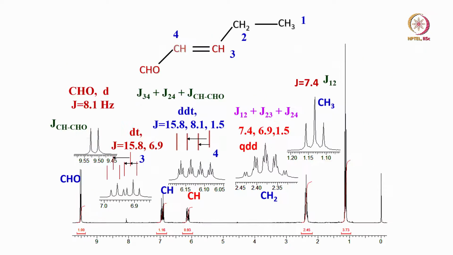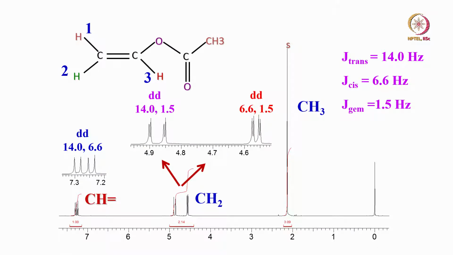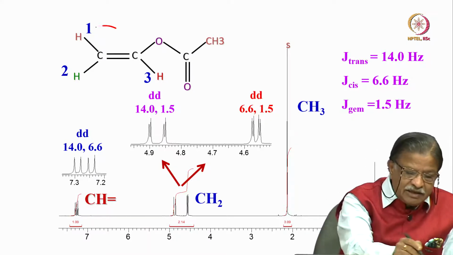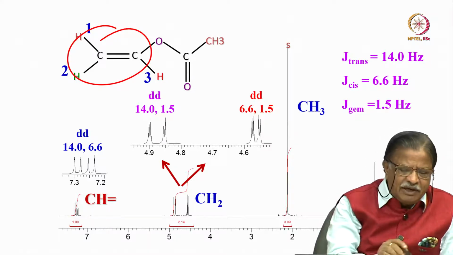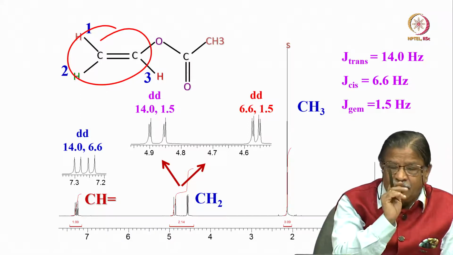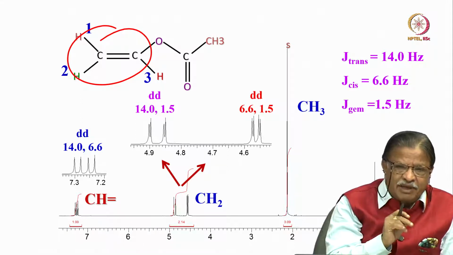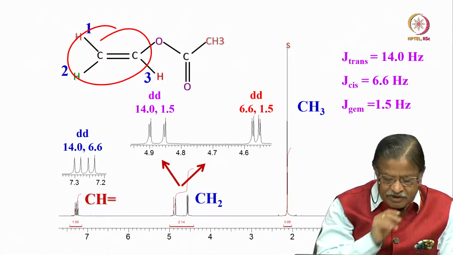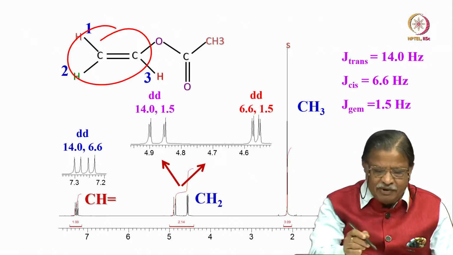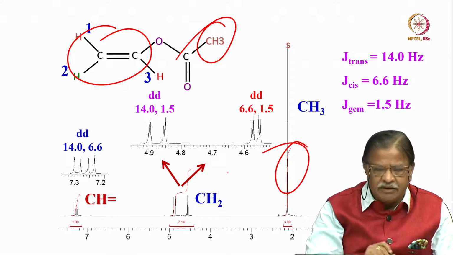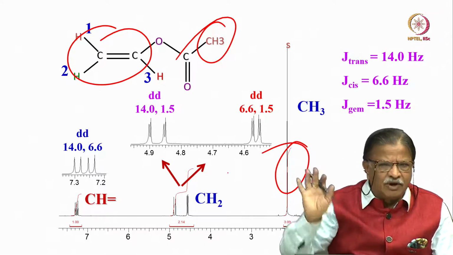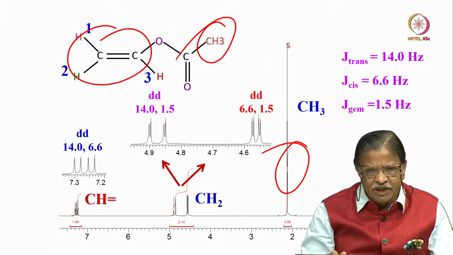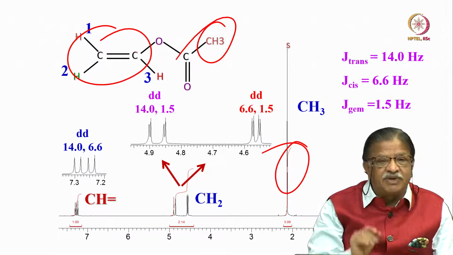Okay, this is where you have to use the knowledge of cis and trans coupling. I'll take this example. This is where I told you, trans coupling in the double bond, ethylenic groups like this, I told you trans coupling is larger than cis coupling and cis is larger than geminal coupling. That idea can be utilized to analyze which proton is which here. For example, this CH3 is isolated, is a single peak, is a singlet, no coupling at all. That's clear. Now between these 3 protons, which is which?